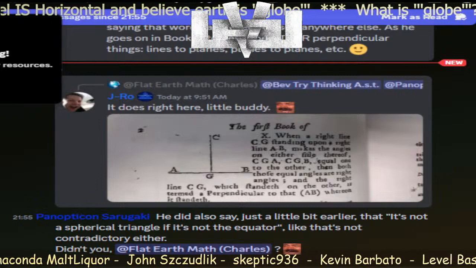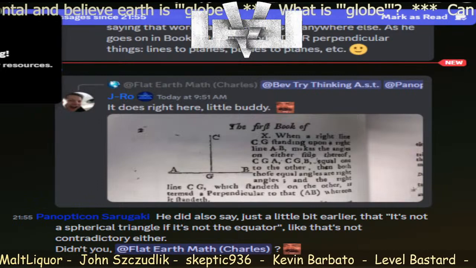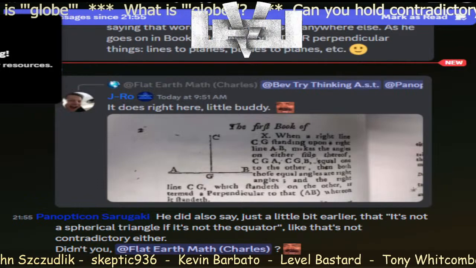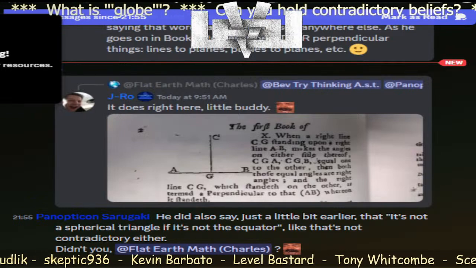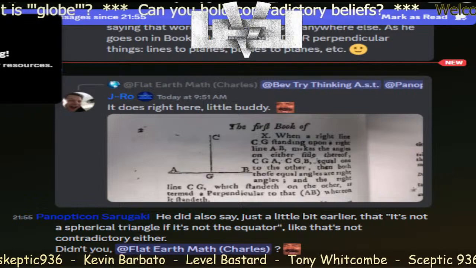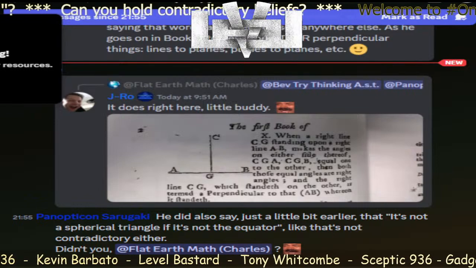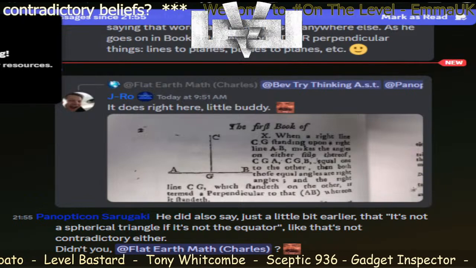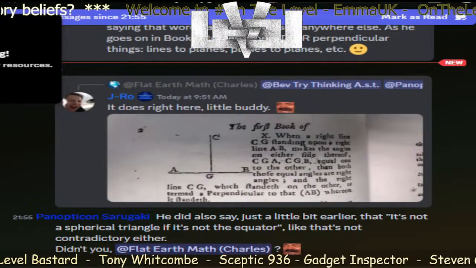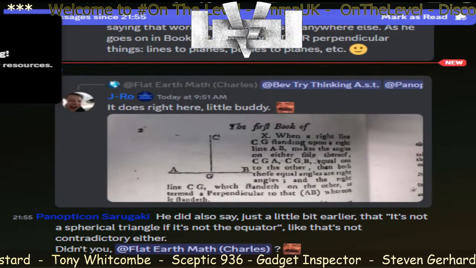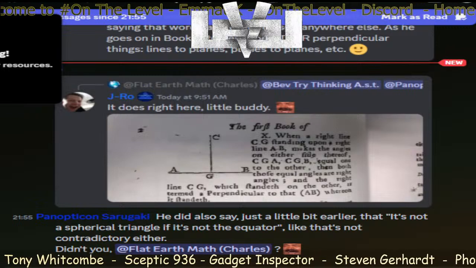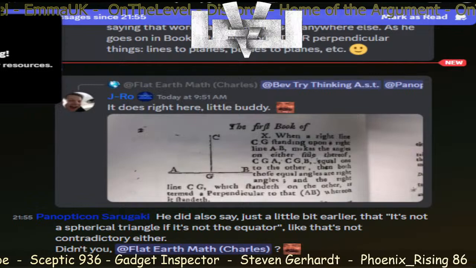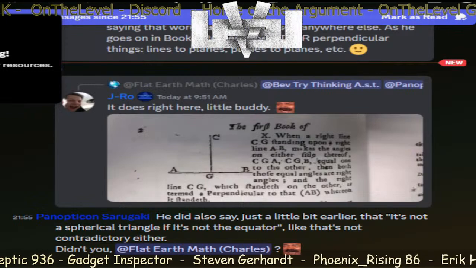In book 11, he describes a line perpendicular to a plane. So no, the word perpendicular is not defined as a straight line only between straight lines. That's part of the definition. You can't understand that. Let him read it out loud, verbatim. It's posted in live chat. Go on, Charles, please. Read it, Charles.